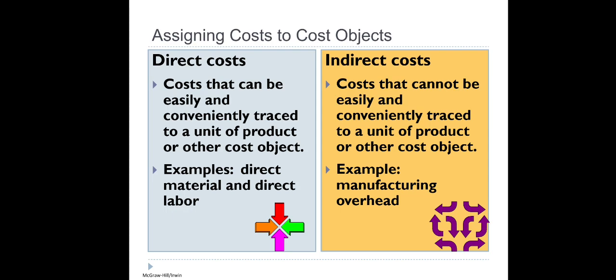Indirect costs are manufacturing costs, but they have no direct relationship with the product. Indirect costs equal manufacturing overhead, because if you have a factory, you have to pay manufacturing overheads, which are things like the wages of the janitor, the wages of the security guards, and also